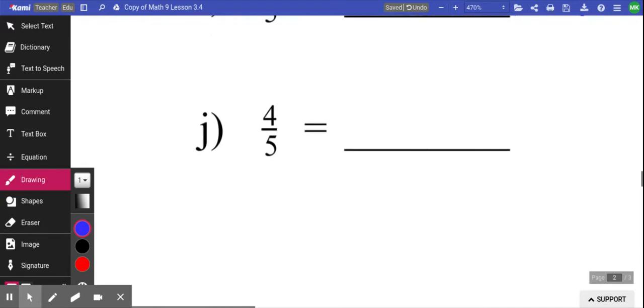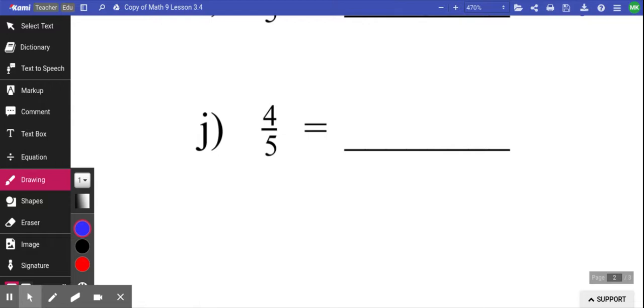4/5 would get a little bit redundant, but if you're doing 4/5, you could do 0.2 plus 0.2 plus 0.2 plus 0.2, and you would get 0.8. Or, with fifths,